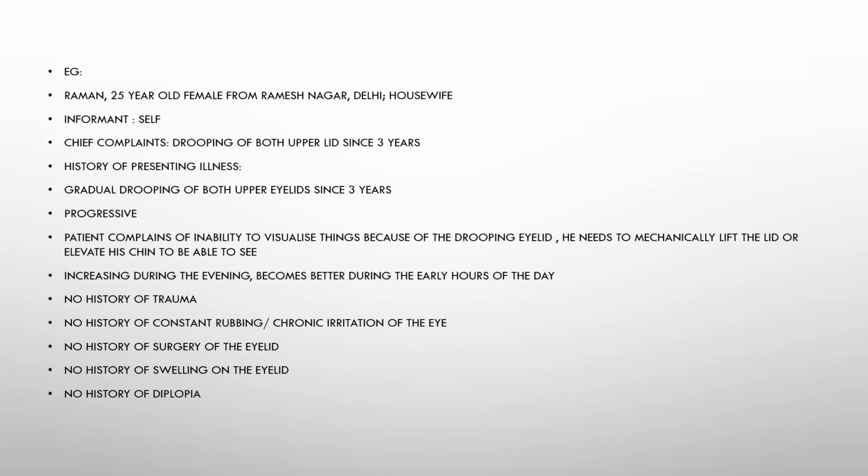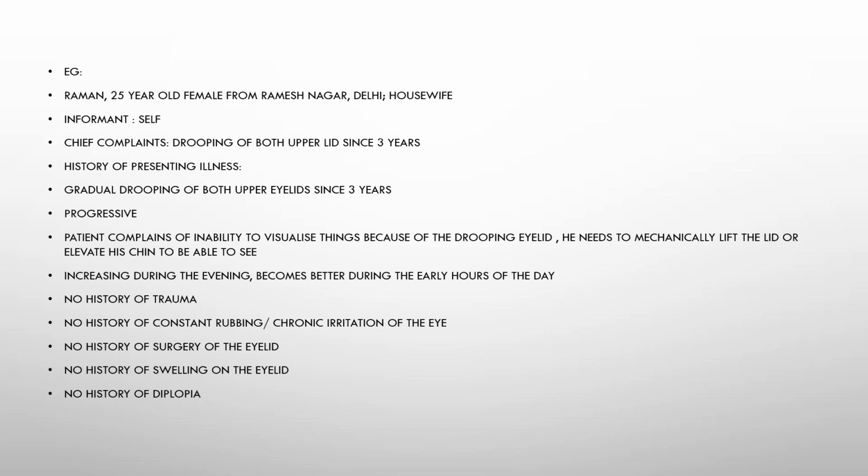All right. And why sometimes you have to record the informant. If the patient is a child, it is very important to record the informant, because the child might not give you relevant history. The accompaniments, if they are family, if they're the father or the mother, they'll be able to give you good history or relevant history. But if they've brought around people from the neighborhood, they will not give you any relevant history. So, the reliability of the history also depends on the informant.